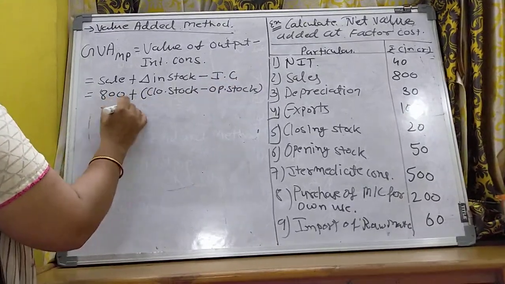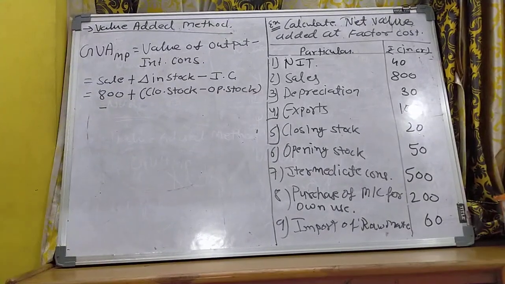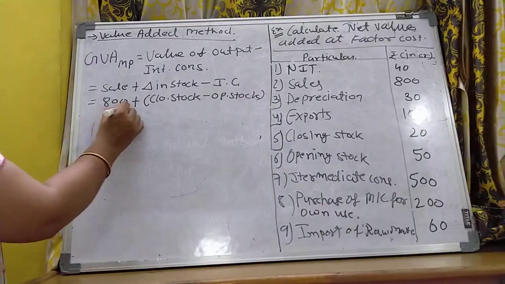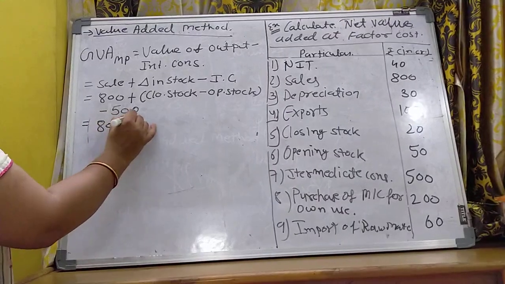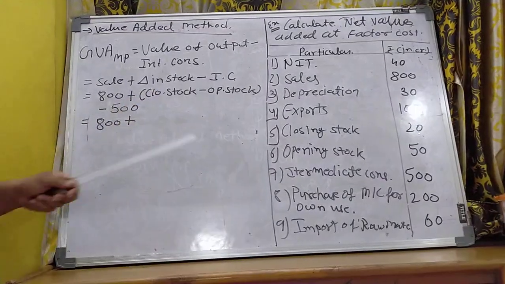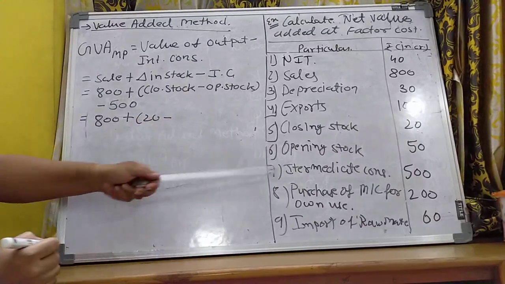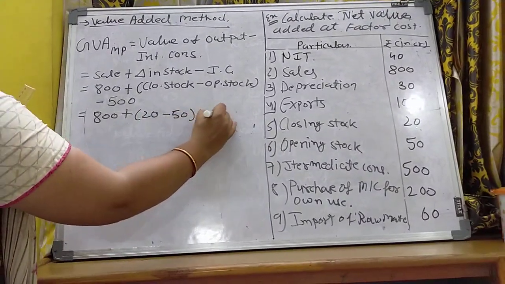Clear? Minus intermediate consumption is also directly given to you, so that is 500. Now 800 plus closing stock, which is given, 20, minus opening stock 50,